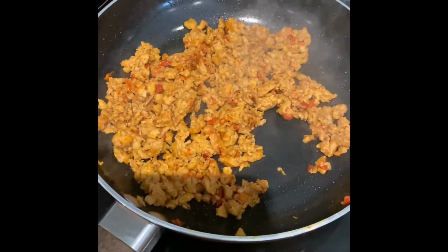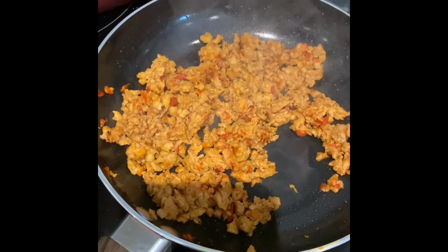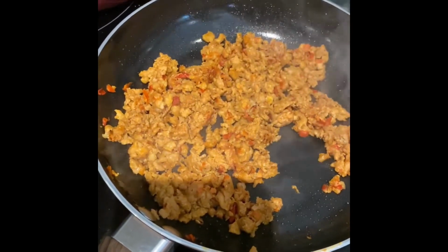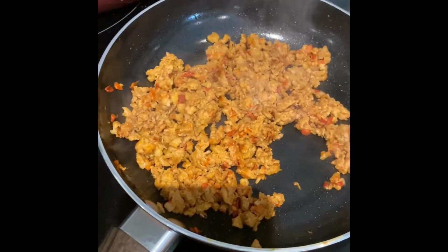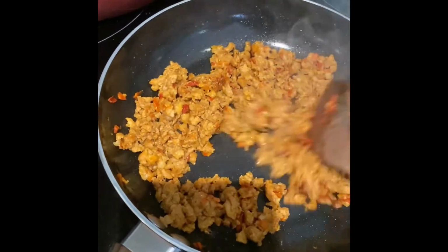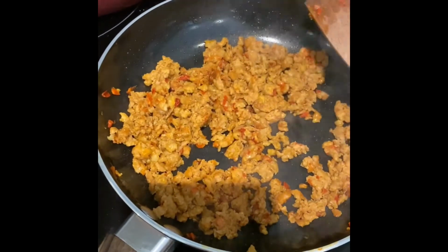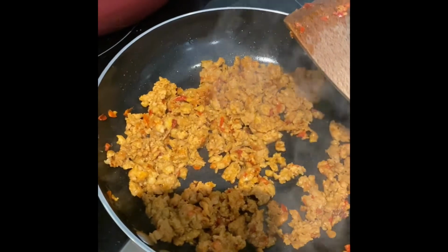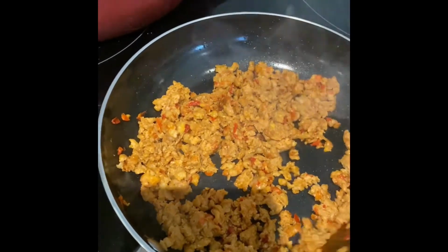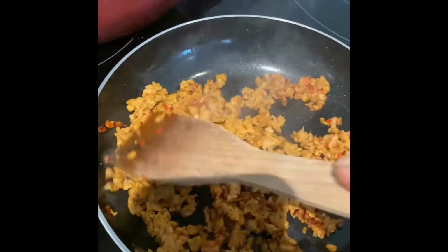The key to this is to put the sausages into a cold pan and whack the heat up to the highest possible with no oil in there. And then once they've started to crumble like this, keep going, don't turn the heat down, just keep moving it around because you want it to become charred and sticky, and then you're going to get the most amazing